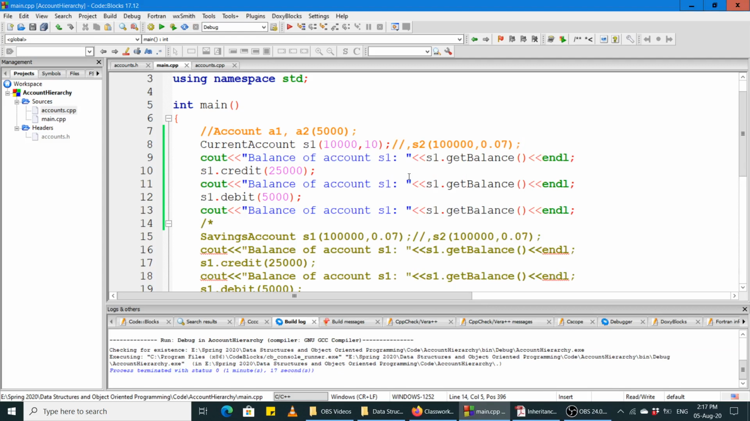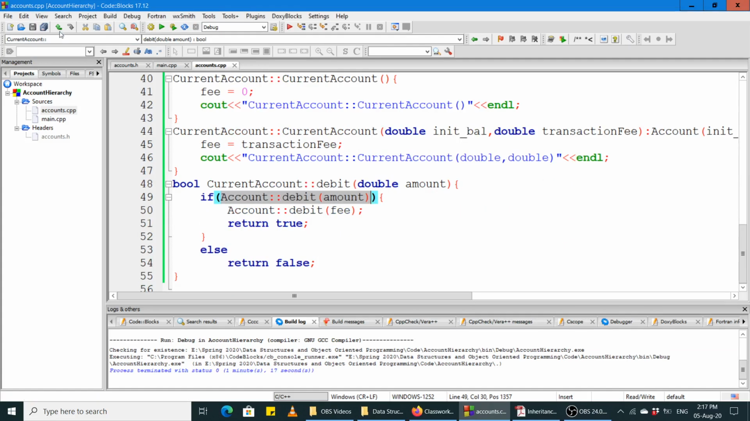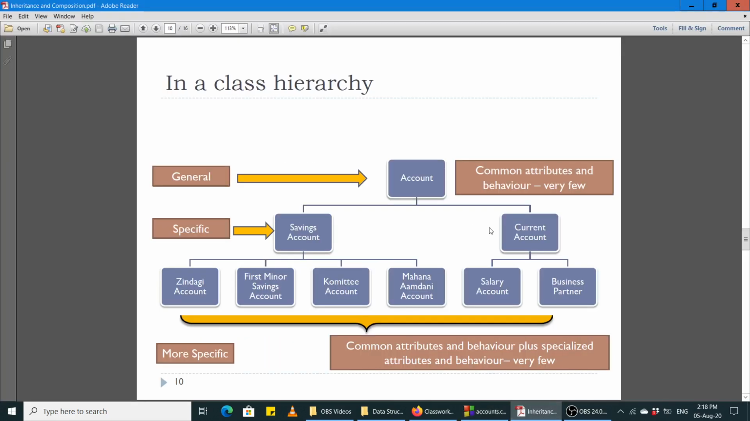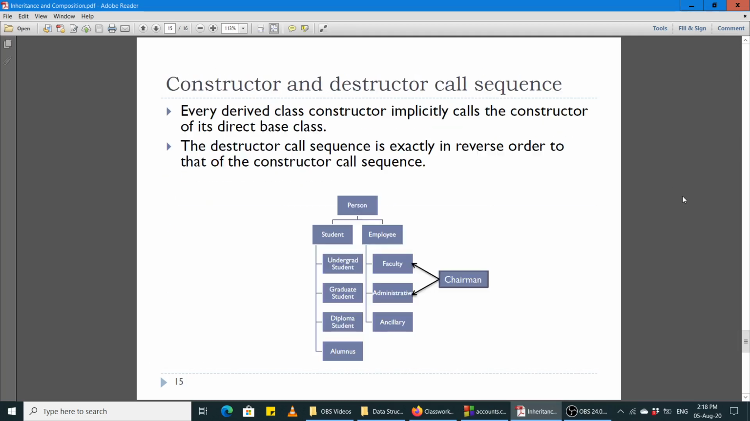अच्छा, so I hope this is clear to you. It should not be difficult to understand कि ये हो क्या रहा है, ठीक है। सो आई होप कि ये सारी चीज़ें आपको क्लियर हैं। All we did in these two videos was to demonstrate how inheritance works in C++